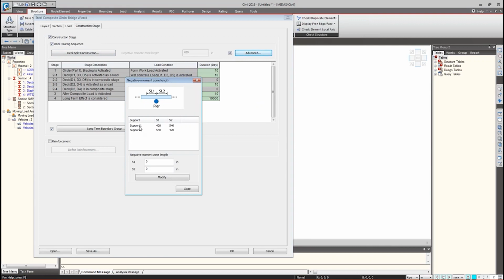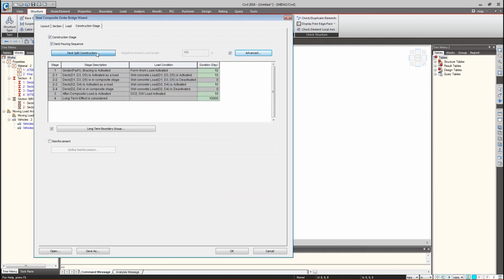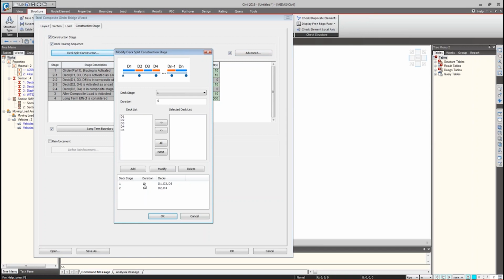advanced in here. So I have provided for the pier 1 to the left how much of the length I should consider, to the right how much of the length I should consider, and for the pier 2 how it should be. So you can provide information in here. Similarly for deck split construction, I am considering for the first stage that D1, D3 and D5 be constructed, and for the second stage I'm providing the information that D2 and D4 should be constructed. So you are providing exactly how you are going to have the